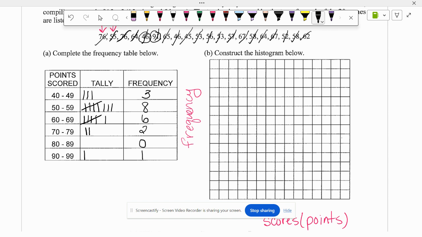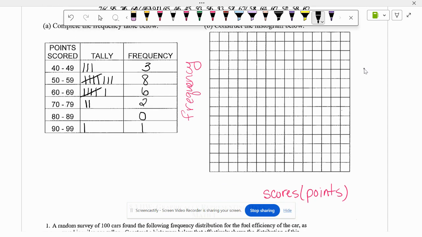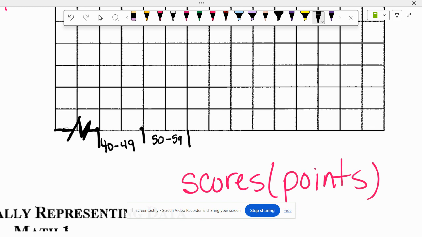Okay. So we want to label our bins down here, but the first thing that we need to do is put a break in our axis, right? So we're going to put a little break. I'm going to make this nice and big. I'm going to start with my first bin at 40 to 49. So I skipped the first 2 grids and I just drew a little break in my axis. Remember, that's like a squiggle. Gave myself a break. Then my next bin is 50 to 59. It's 2 bins wide. And then my next bin or range 60 to 69,